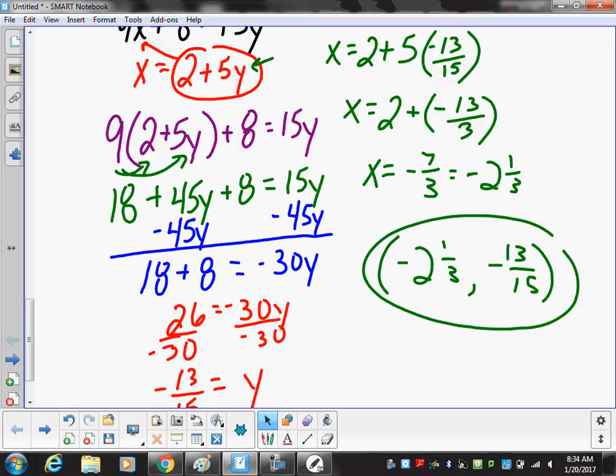Okay, this is the kind of problem that first off, graphing would not help you at all because there's no way you could figure out where negative 2 1/3 and negative 13/15 is on the graph. Unless you understand how to use your calculator really, really well. There is a way to do it. But... So, could you show us a way to do